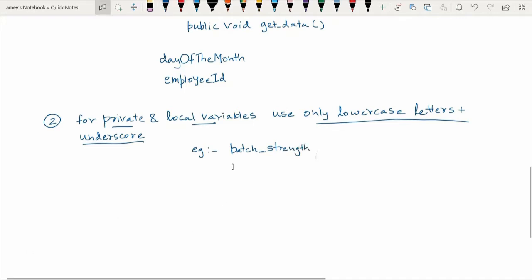Okay, so there is no capital alphabet that is used. All are small case alphabets, and the words are separated with underscore. So this convention they follow when you have a private variable or a local variable, that is the variables that are declared within the methods or functions in the class.